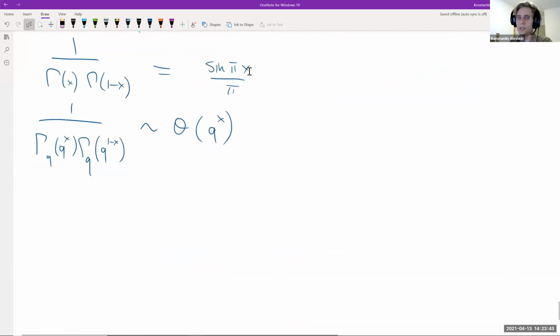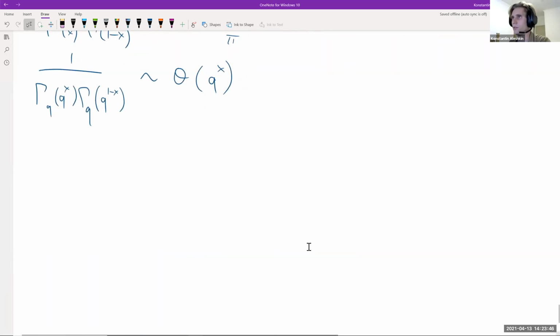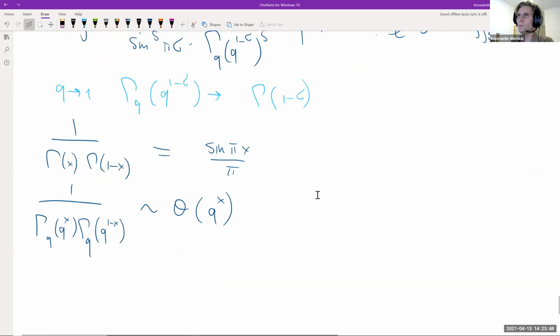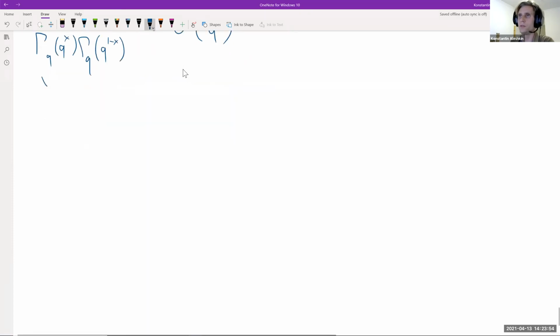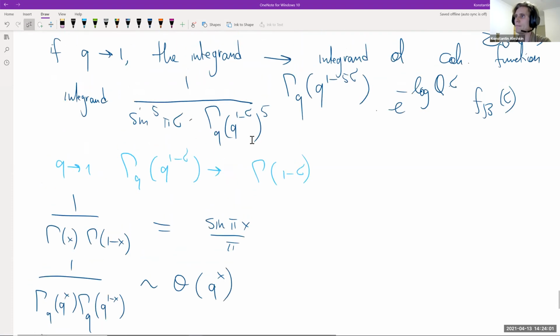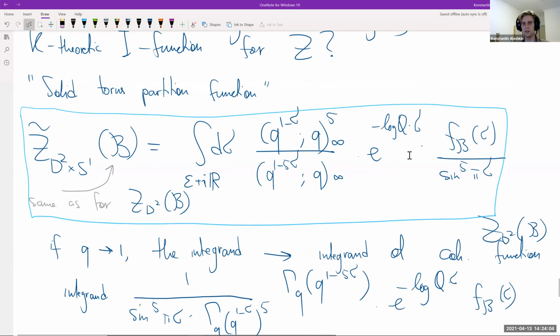So let me study this expression a little bit in the remaining 10 minutes or so. The thing I want to do with this expression is the same as I did in the cohomological case. Depending on the sign of the logarithm of q, I want to close the contour of integration either to the right or to the left, getting poles from